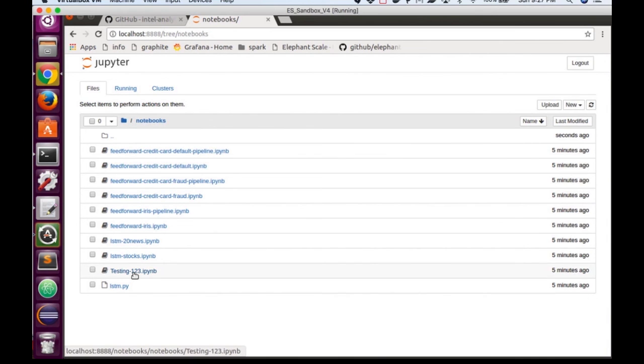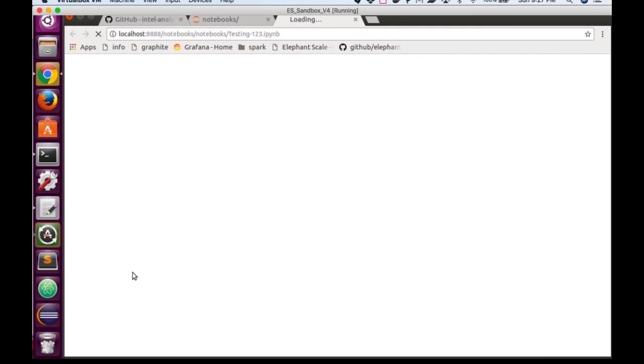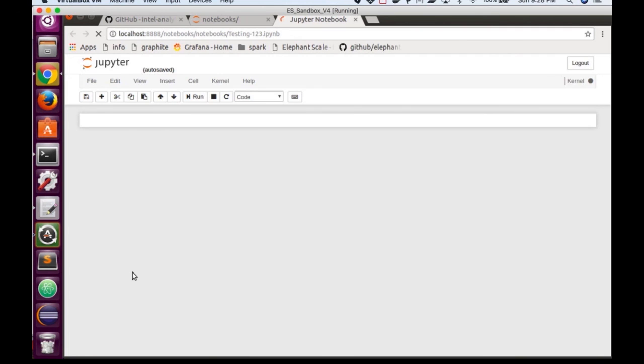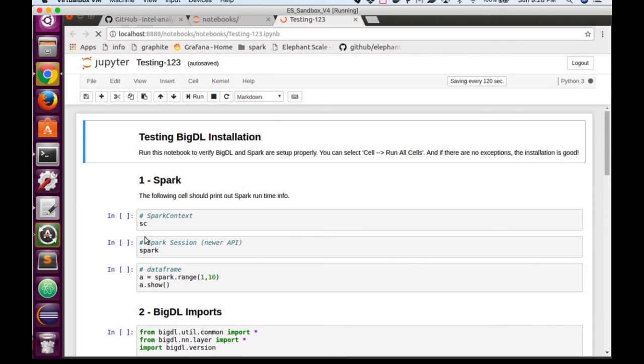And notice the testing 1, 2, 3 is right here. As before, if all this looks good in testing 1, 2, 3, then we can declare victory and move on.